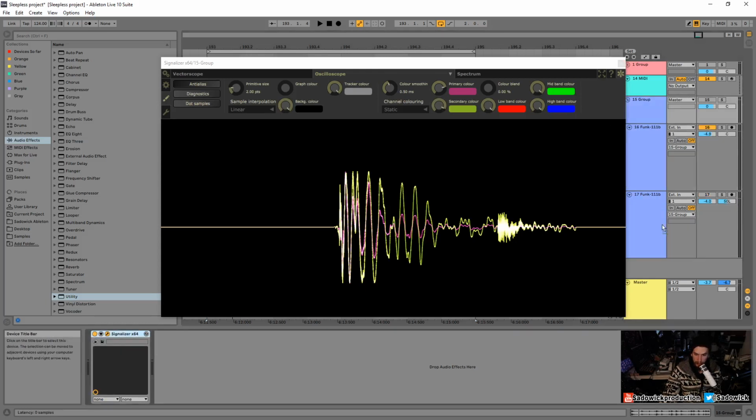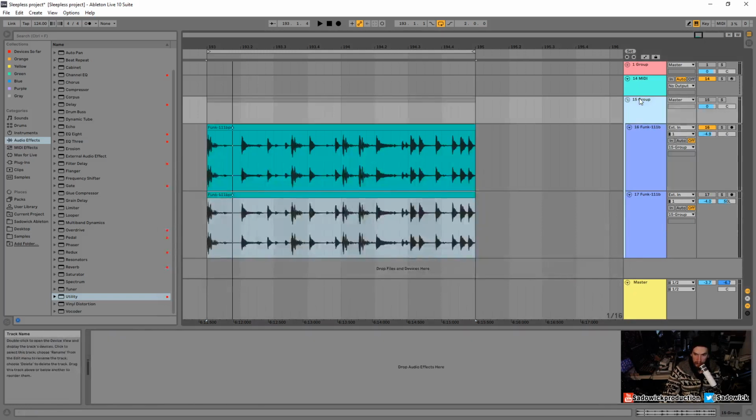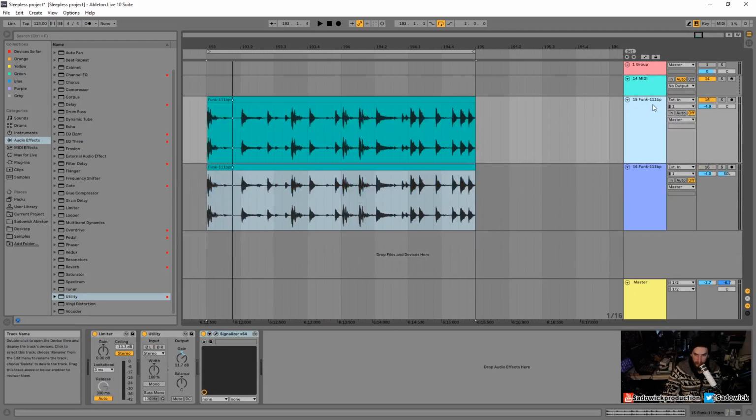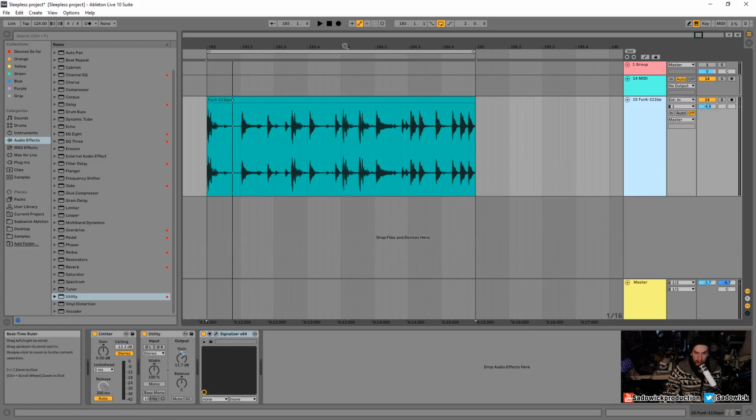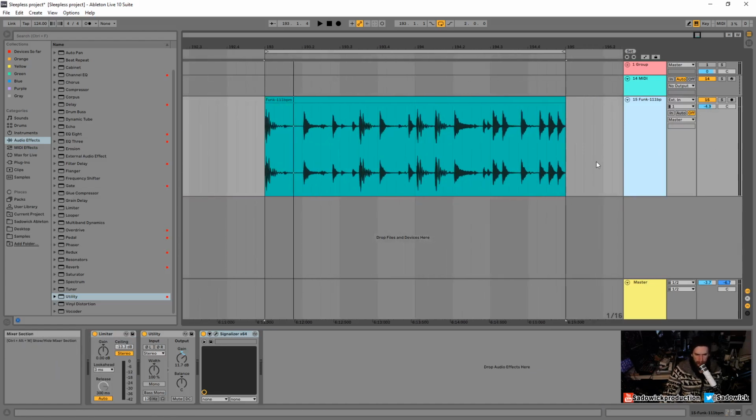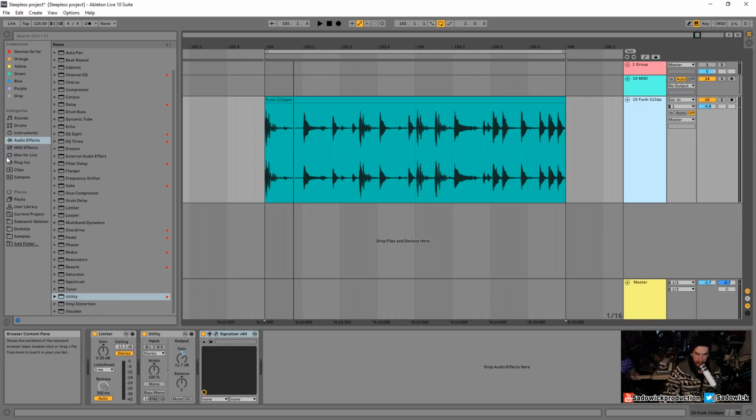What I'll do, I'll just bring this back into there, and I will ungroup, which is a very useful setting there. So let's look at what actually occurs in a real world setting. And before I do that, I want to explain the gain knob here. So the gain is, you know,